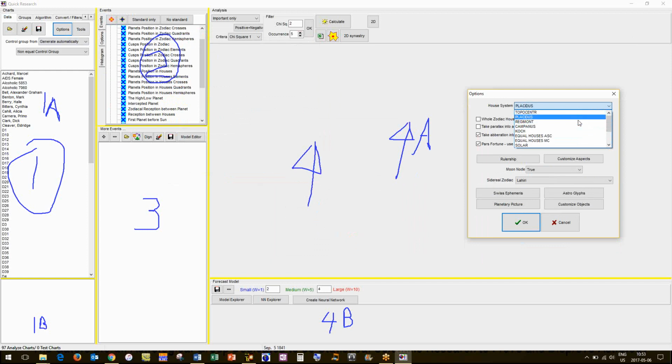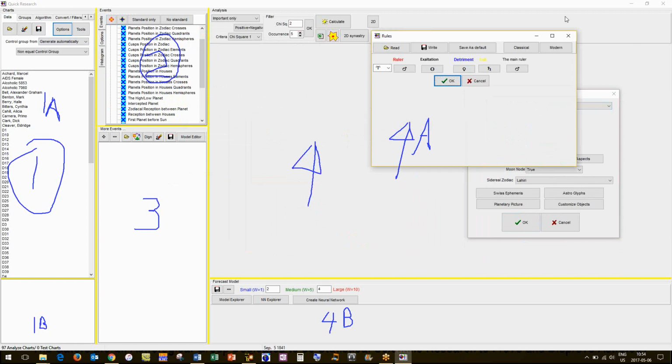But here you have all the different house systems. Placidus comes up as the standard, but you could do Regiomontanus, Campanus, Koch, Porphyry, Whole Sign. You could set up all of those. For Whole Sign house system, you can also click here to take parallax into account.